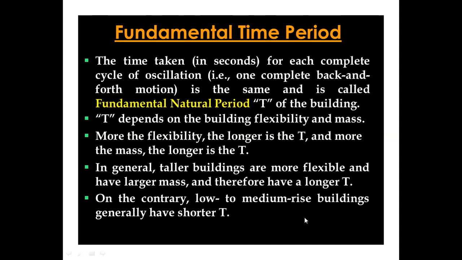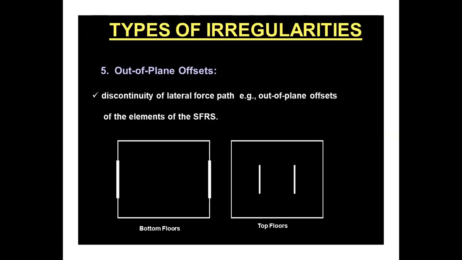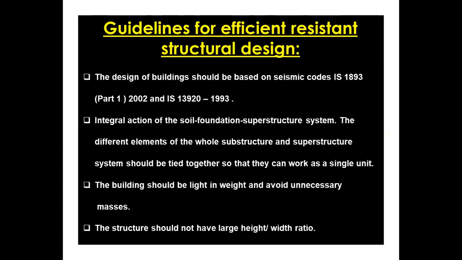In the very next lecture, you must keep three things. First are these two codes: IS 1893 Part 1 2002, and IS 13920 1993. If you don't understand what the codes are, I will show them. Second is your calculator. You must keep these three things while you are calculating the examples, right?